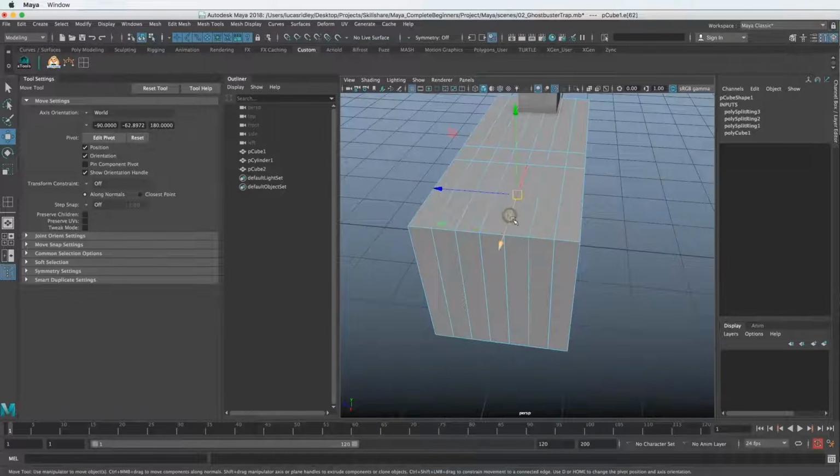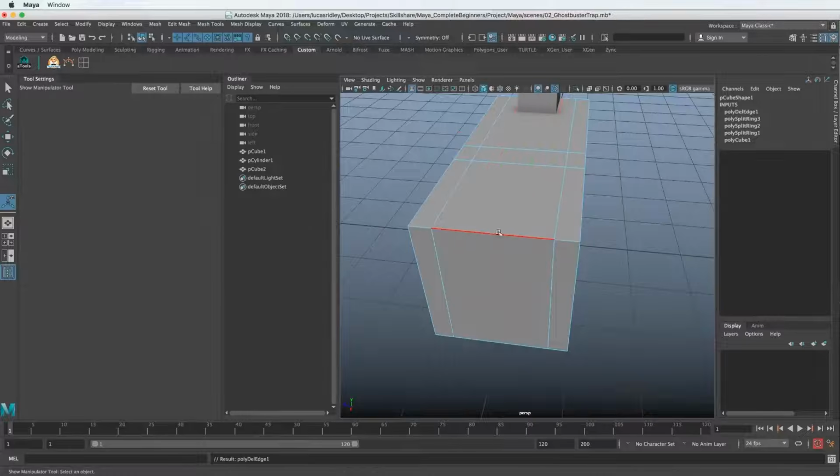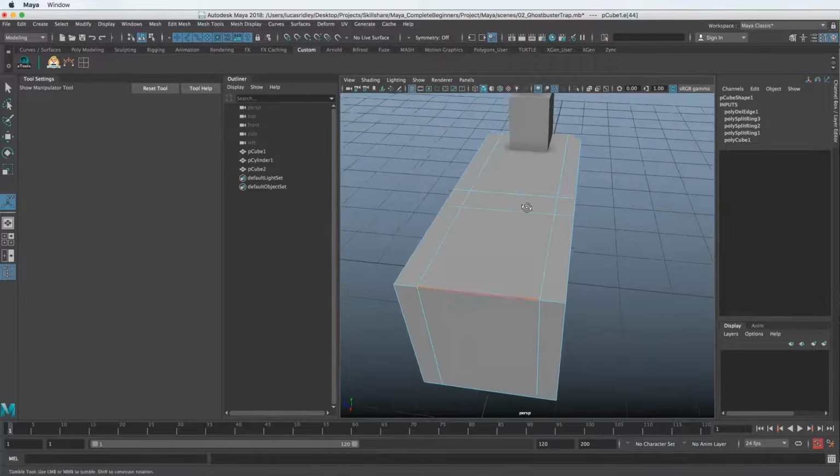So we'll go to edge loop. We will double click each edge and hold shift to select more than one edge. And now I'll hold down shift and right click and go to delete edge. And this is how you delete edges from now and forevermore. Okay, so use this because it'll get the vertices as well. So now this is one solid edge. It's not still divided up in a weird way.